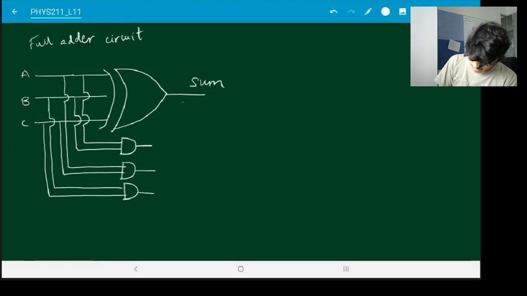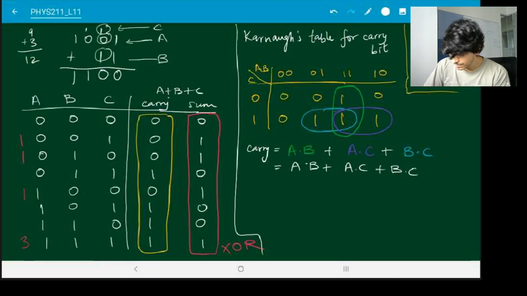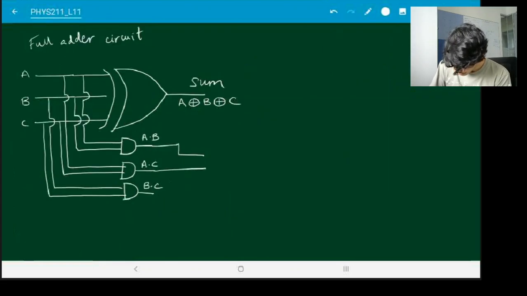So this sum is A XOR B XOR C. Here we have managed to do A and B. This is A and C. This is B and C. And now we want to add them or rather OR them up. So let's put them all through an OR gate.